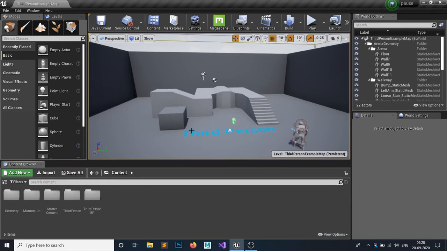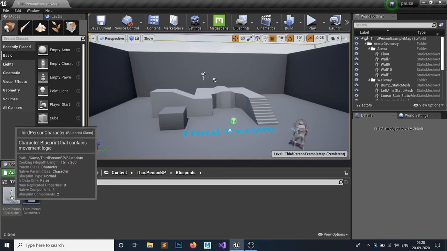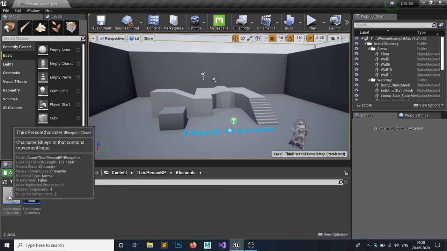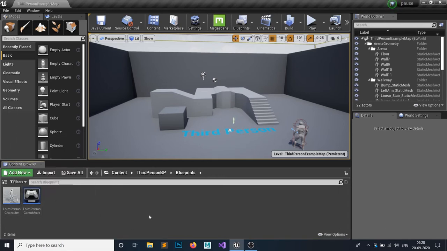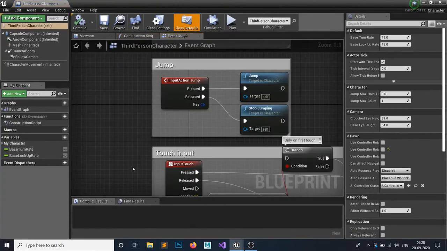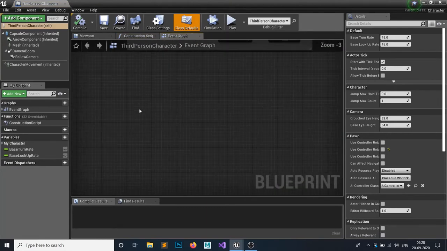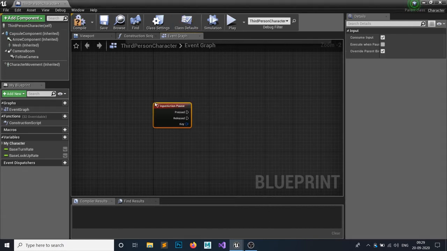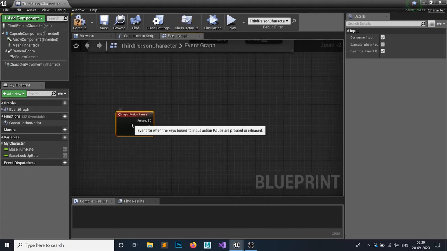You can do this action mapping in whatever blueprint you want, but the best way to do that is inside your player character or your player controller, because both work simultaneously with each other. Things like pause, unpause, or player mappings, you can do in your player character. So let's make that up. Open your player character, right click and search for Pause. You'll find the input action mapping of Pause.